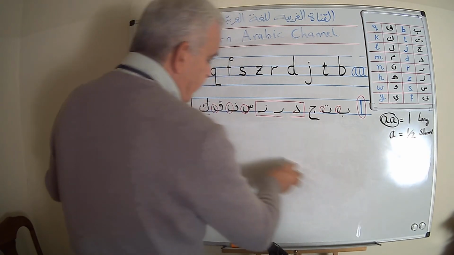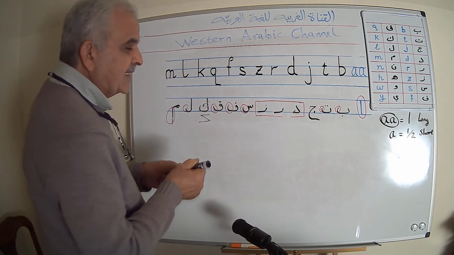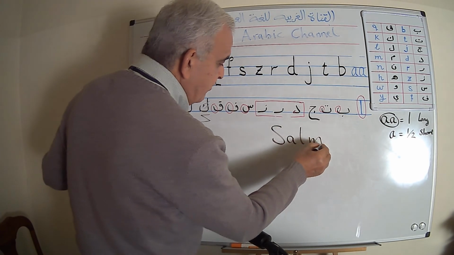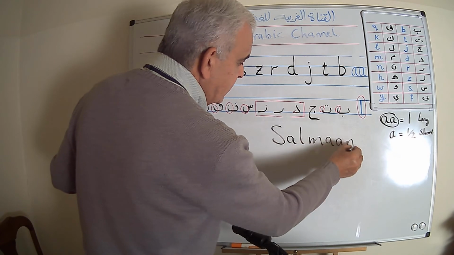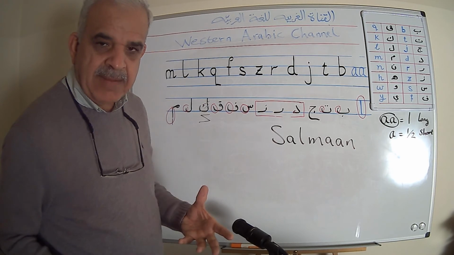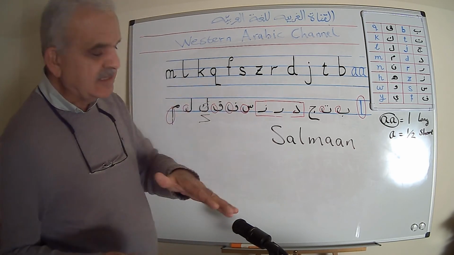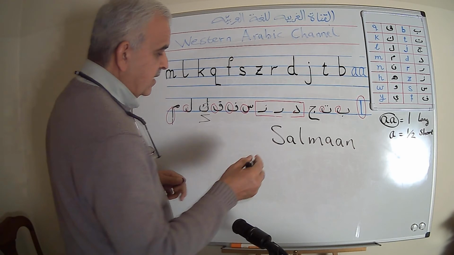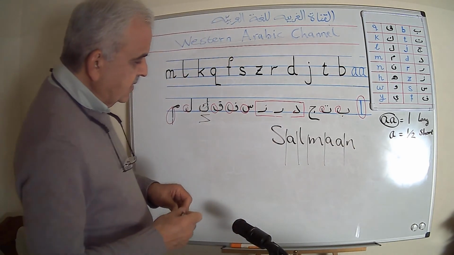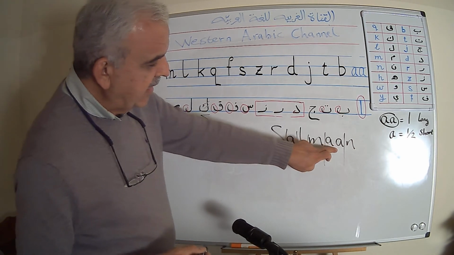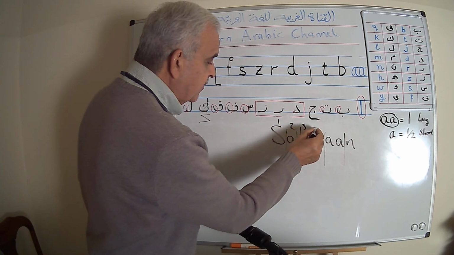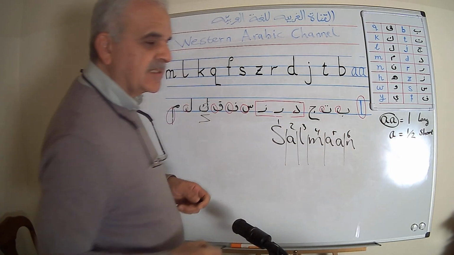There is a person name Salman. Salman is a masculine name, a man's name. Salma is feminine and this is masculine. Salman, divided as usual to these sounds. Count it. 1, 2, 3, 4, 5, 6 letters or 6 sounds,